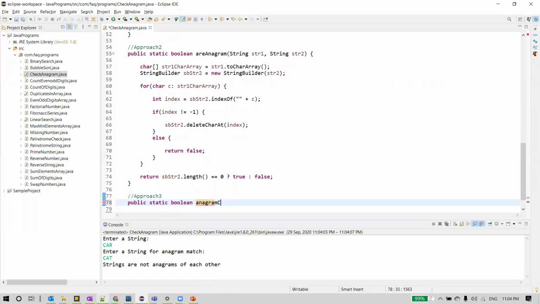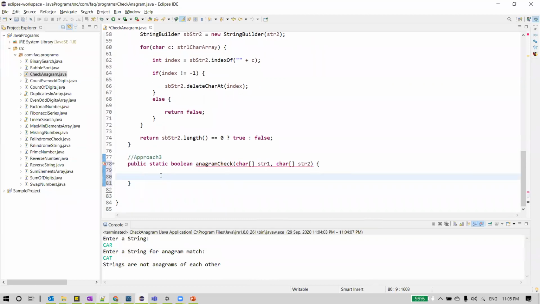I'll call this method anagram check, and here also we are going to read two strings as a character array. Then we are going to use some function. The logic we are going to follow in this approach is we are going to sort the characters in each string.